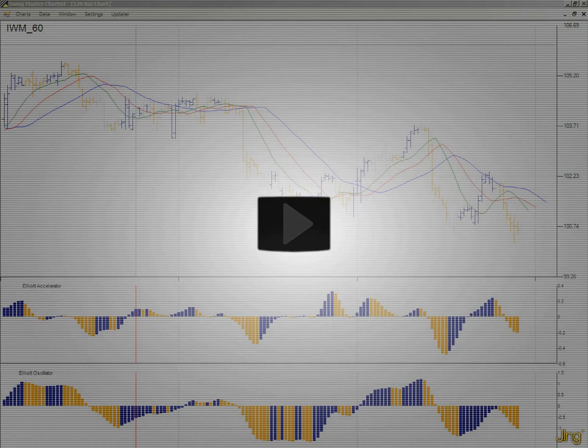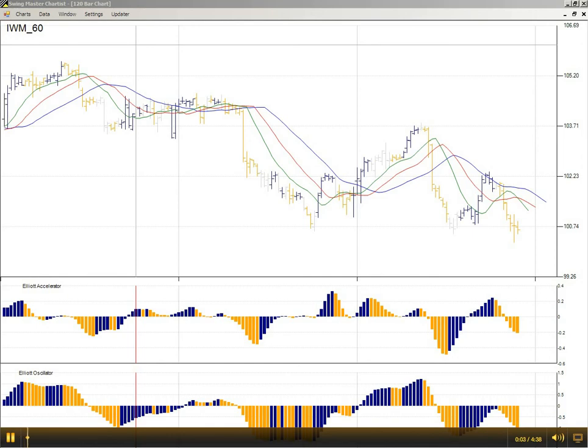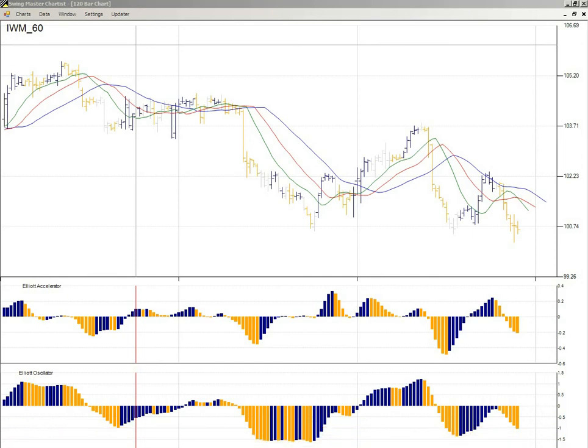We counted 5 waves down in the IWM 60-minute 120 bar chart, and we can see that price moved up as we would expect after the completion of 5 waves, but then immediately started down again. And that suggests that one of two things is happening. Either this complete 5 waves is going to turn out to be only wave one of an extended third wave, in which case prices will go much lower than they are now, or